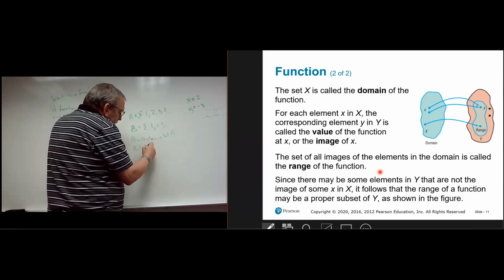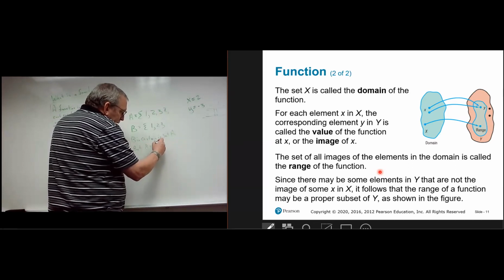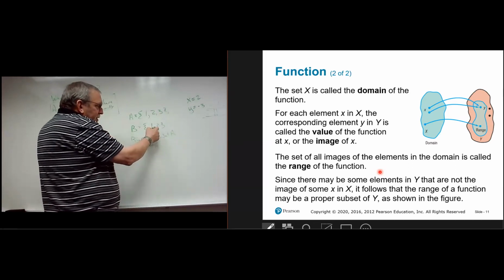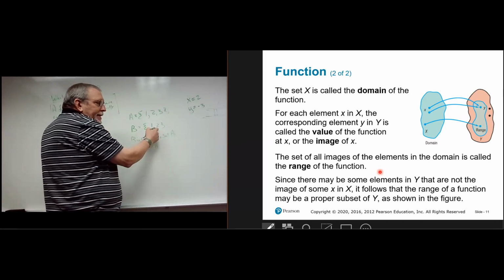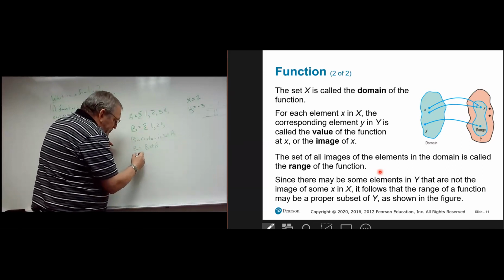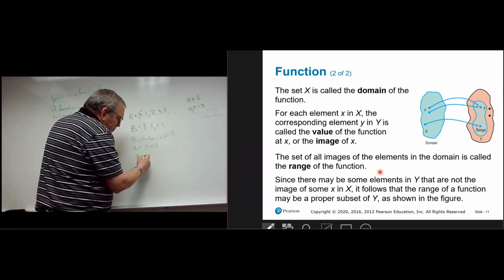But B does not equal A. That means everything in A is not in B. So that makes B a proper subset